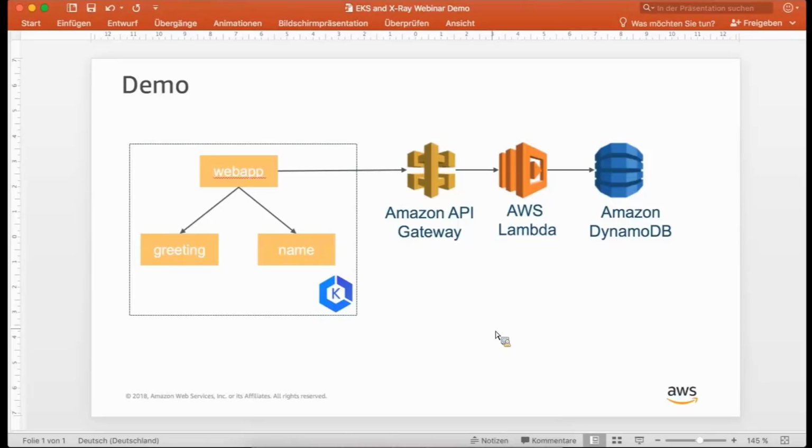Web app is hosted in an EKS cluster. It receives traffic from the internet using a load balancer, and then sends a request to greeting and also sends a request to name. And obviously, greeting will return a greeting and name will return a random name. It uses that information to combine it and sends that back to the user, and also stores that using the